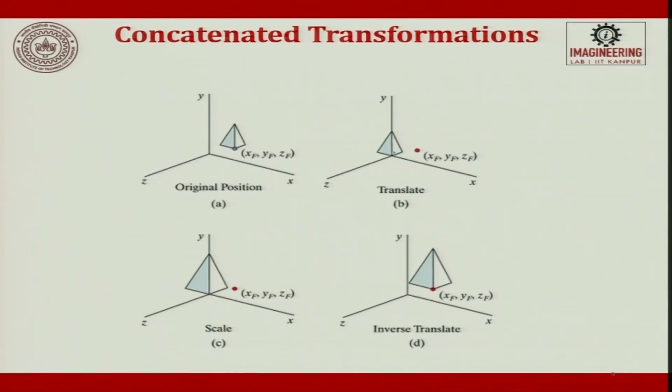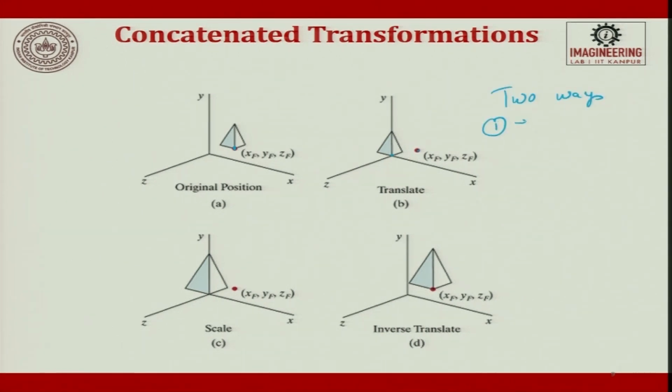So, it has to be scaled and then you have to come back to the original position. One way of doing it is at this point itself you multiply it with the scaling factor and then you try to put that in the same point. That is one way of doing it. The other way of doing it is I try to take the point, the vertex, to the origin and do scaling at the origin, keeping origin as a base, and then I transform it to this point. That is also possible. I have told you two ways.